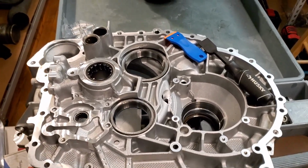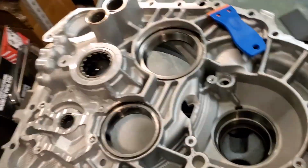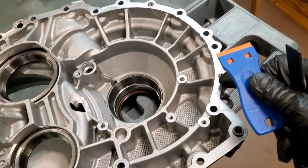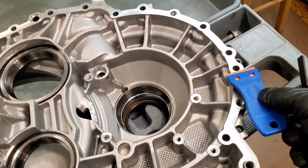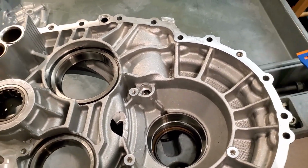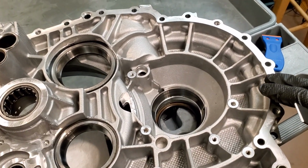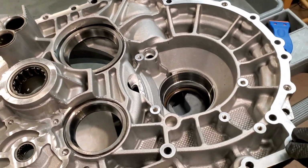I have both of the transmission halves cleaned up, and I have two scrapers which I use to get rid of the silicone sealant that was around the edge of the transmission. I have a plastic one so that way you don't gouge or do any damage to the transmission casing, because you do not want to nick or put any type of dings or cuts in here. You want this to be nice and smooth all the way around the perimeter, so that way when you put your sealant